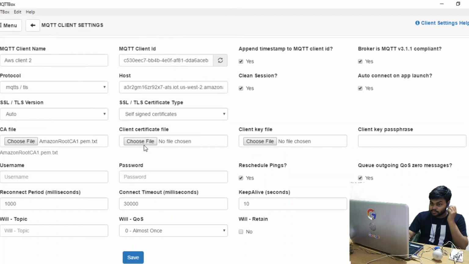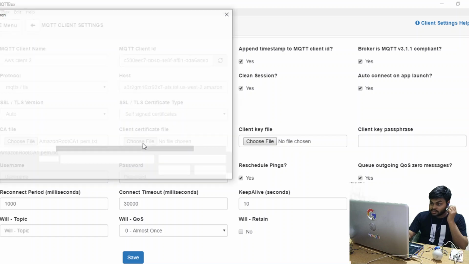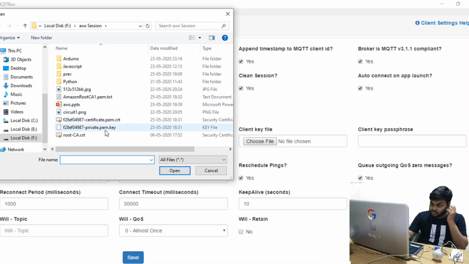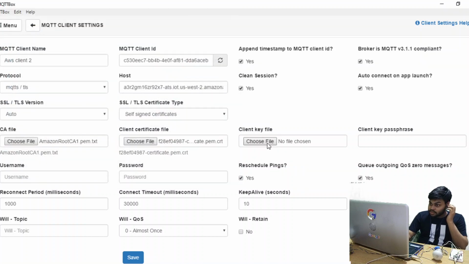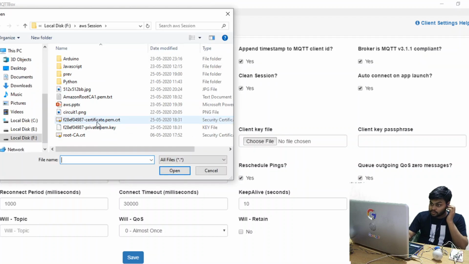Import it right here, and the client certificate is nothing but this one you have downloaded, the certificate.pem.crt. Click on this and open. And the third one, the key, is the private key. So the concept is quite clear.